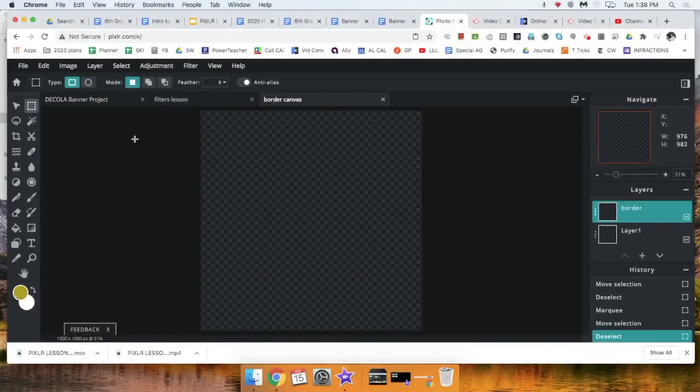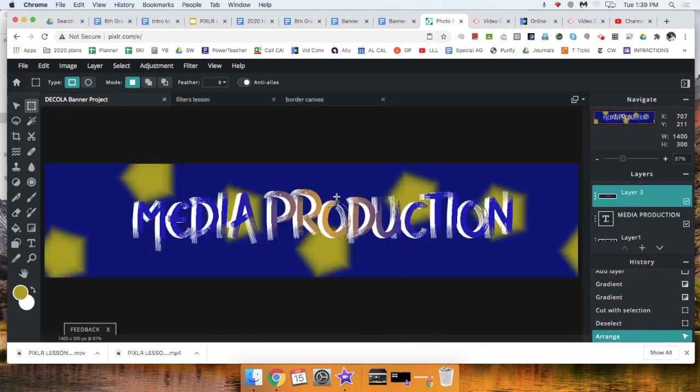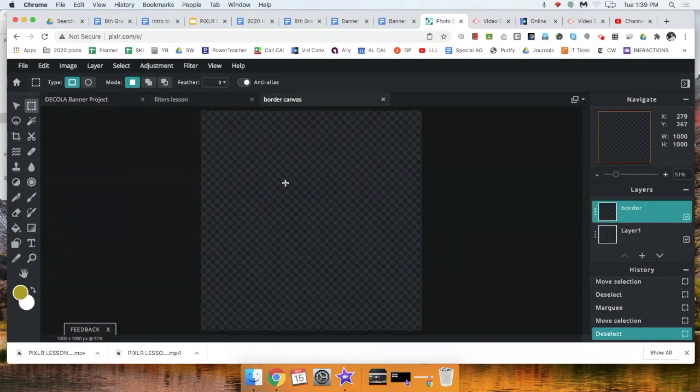All right, now we are going to quickly review in Pixlr how to create a border. It's one of my favorite things to do. It really ties together a project, giving you an edge that you can really think about. So if you're working on the banner project, you can continue to work on the banner project. You don't have to make a blank canvas like this. But because this video applies to more than just the banner project, I'm going to work on a blank canvas,